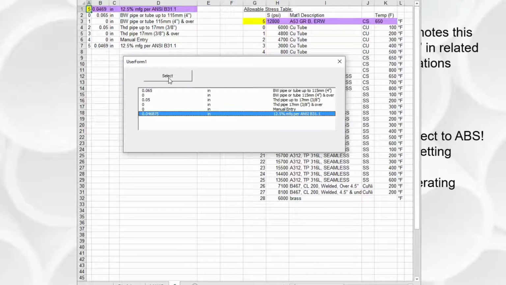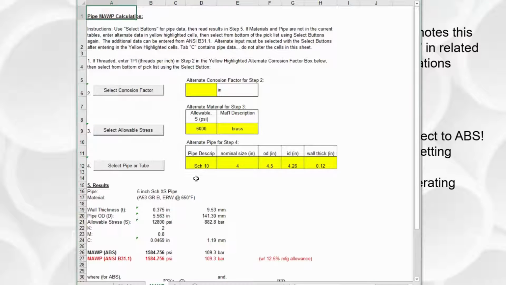When you hit select, it'll pop a value in here where you see that C, based on the piping materials. I'm going to zero these things out because these are alternate materials that are not in my tables. If you want an alternate material that's not in my table, enter it in here and then select it with the button.